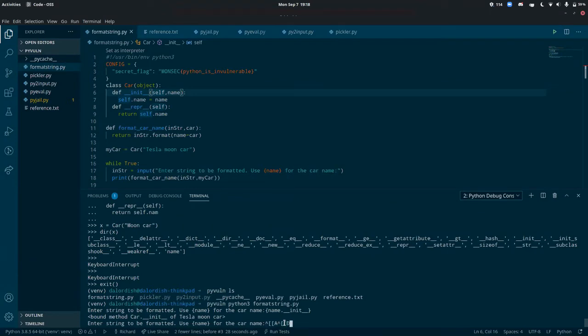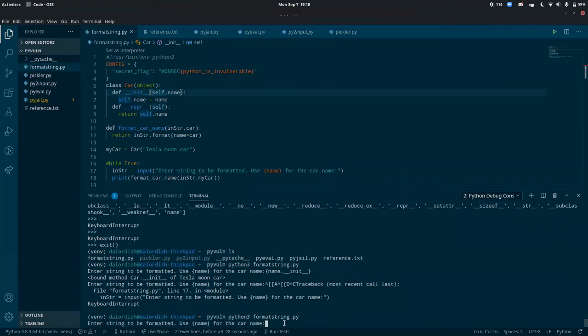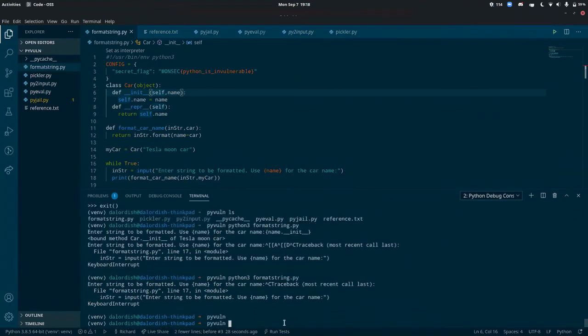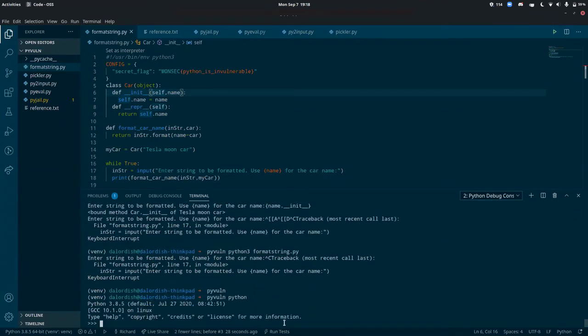Python gives you access to everything, and this is a recurring theme. Let's explore how we can chain our way using Python hidden functions in order to get the secret flag. Because remember, secret flag in config isn't being used anywhere. It exists in memory and that's it.